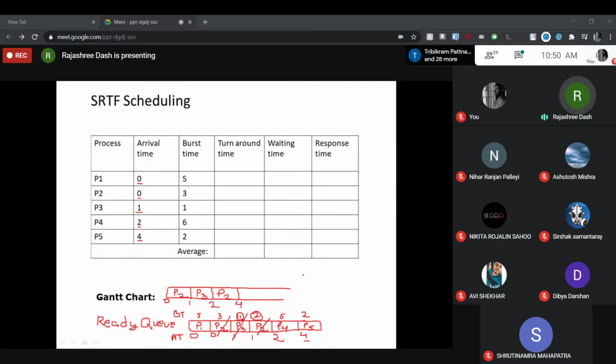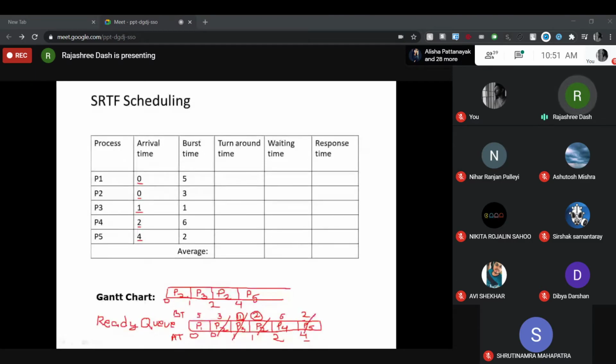So the scheduler is not going to compare the burst time of P5 with the remaining burst time of P2. P2 already completed. So now there are 3 processes in the ready queue: one is P1, another one is P4, and the next one is P5. Now, who will tell me what will be the next one to be allocated to the CPU? P5. So at time 4, P5 will be allocated, because it has the smallest CPU burst time.